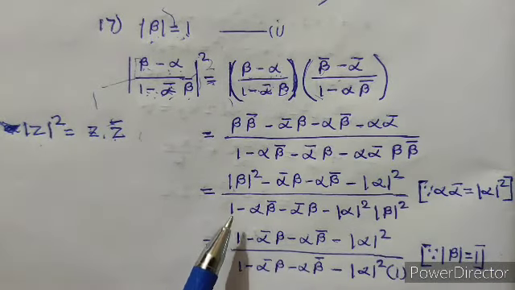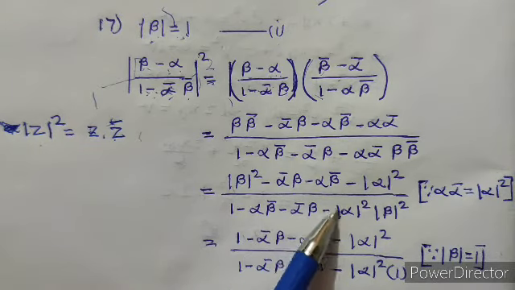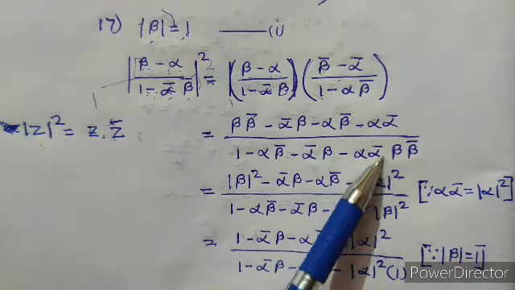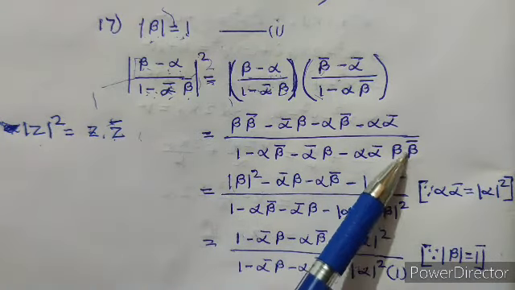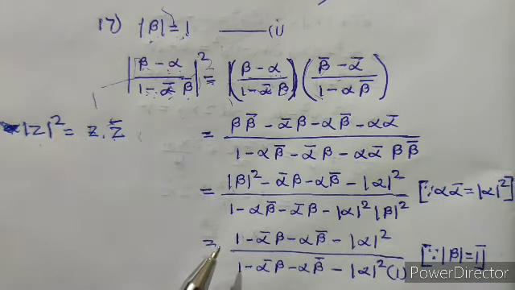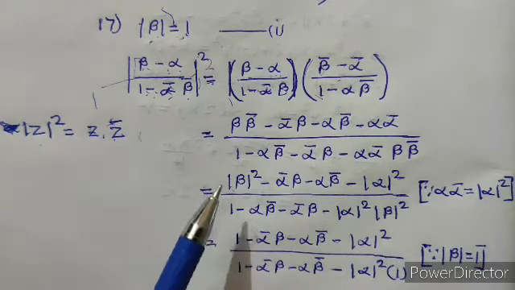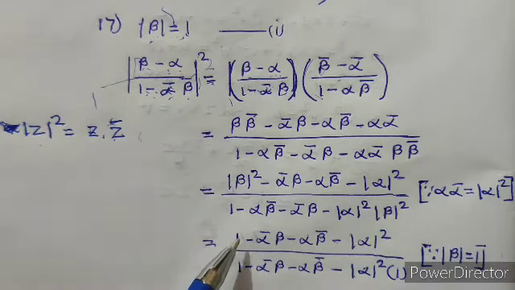Now upon 1 minus alpha beta conjugate minus alpha conjugate beta minus alpha into alpha conjugate will be square of modulus of alpha, and beta into beta conjugate will be square of modulus of beta, and that will be equal to 1 minus, as modulus of beta is 1, so square of modulus beta will be equal to 1,